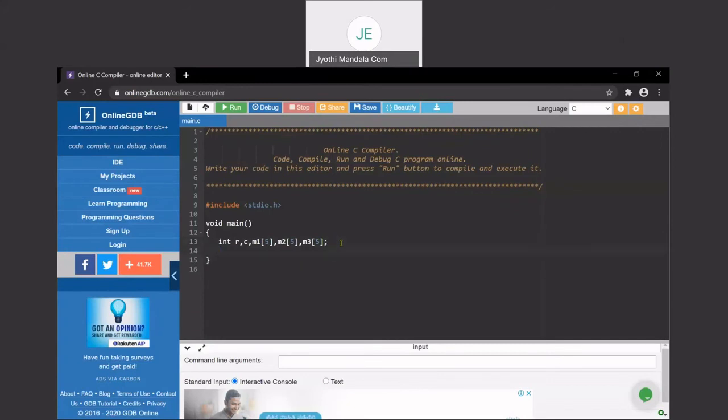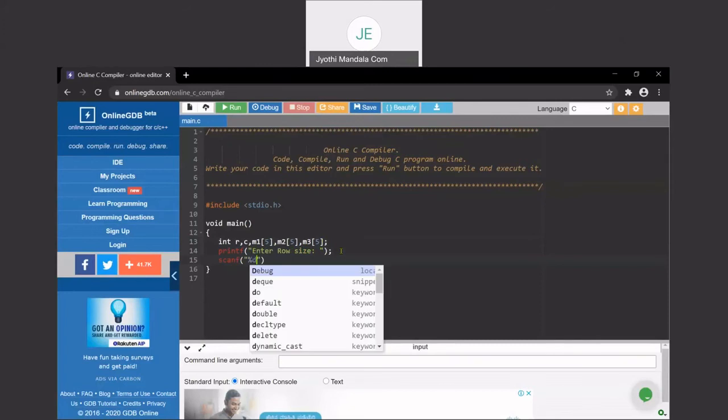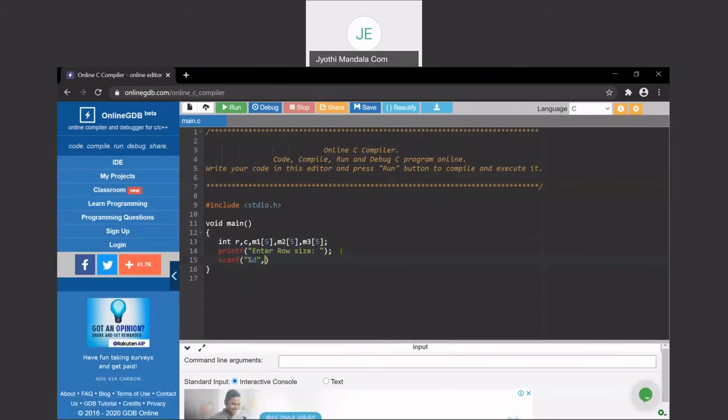Now you need to write one printf statement: Enter row size. You need to write a scanf statement, %d, comma, ampersand r. Right?